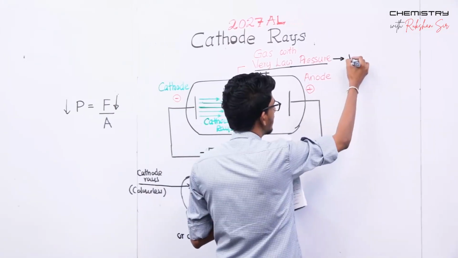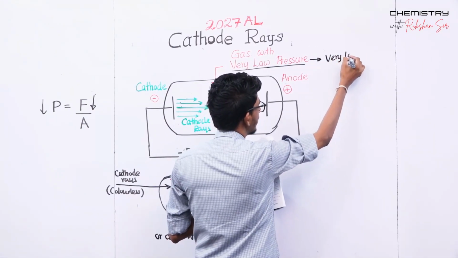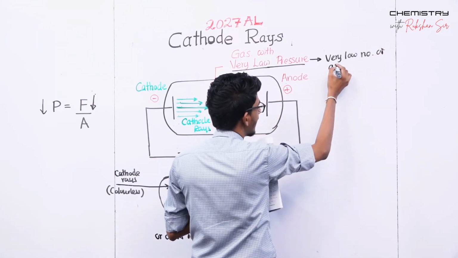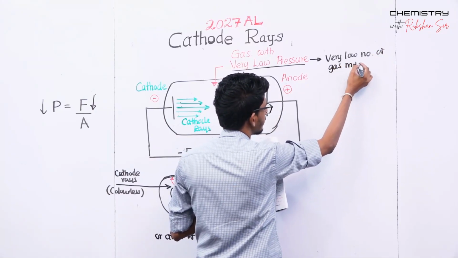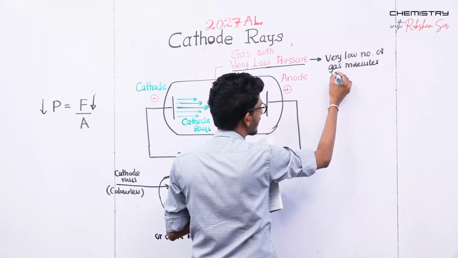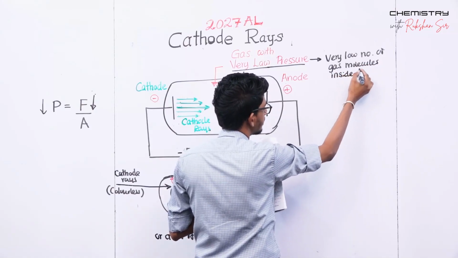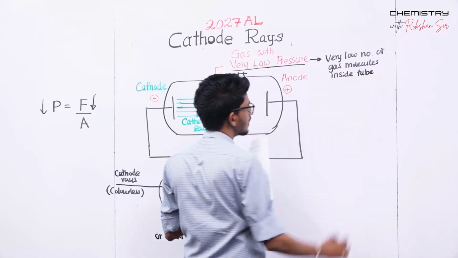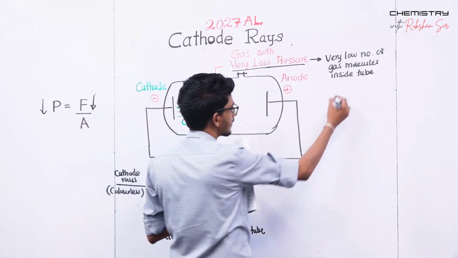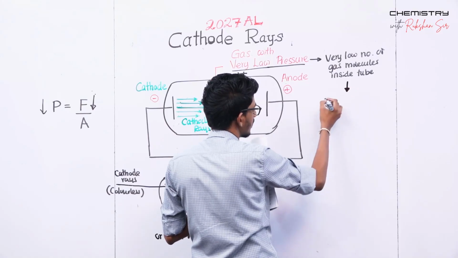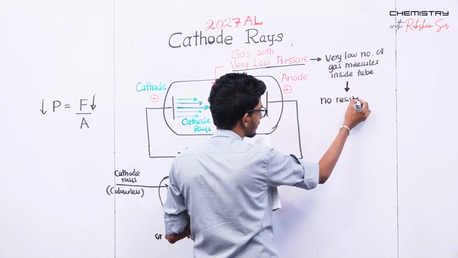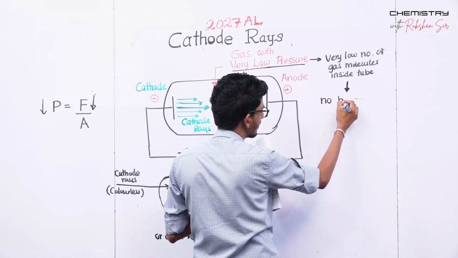Low pressure means a very low number of gas molecules inside the tube, right? That means no resistance, or no barrier,